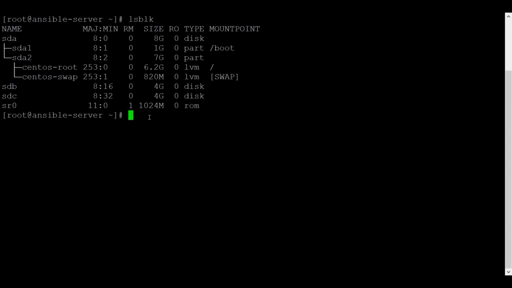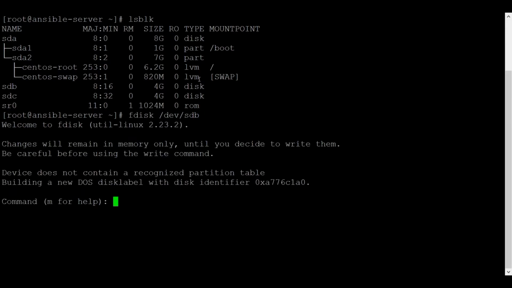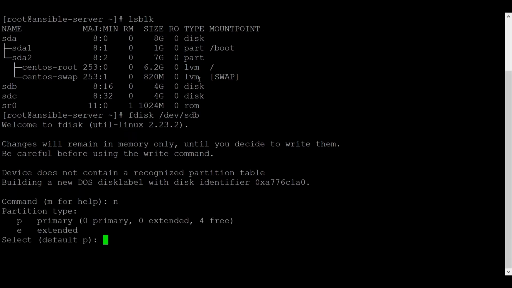First, we need to create a partition on it. For that, we know there is a command fdisk. N for new partition, and press enter for default options.